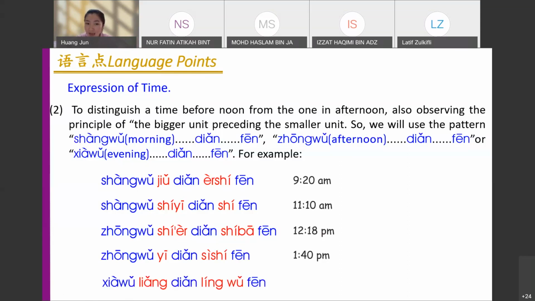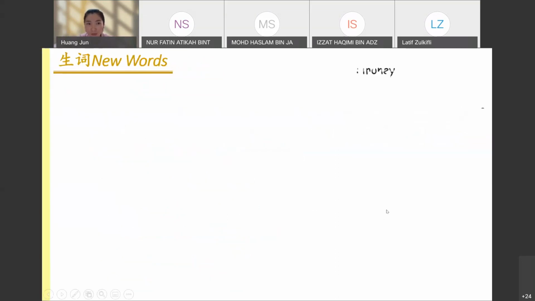Then this one, 下午2点05分。After 2 o'clock we will use 下午. Okay. So review one more time. 早上, the morning word 早上, is from 6 to 8 o'clock. Then 上午 is from 8 to 12 o'clock. 中午 is 12 to 2 o'clock. 下午 is 2 to 6. After 6 o'clock, we all call it 晚上. So please remember clearly. Then continue talking about this one.